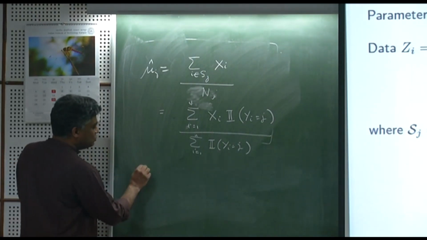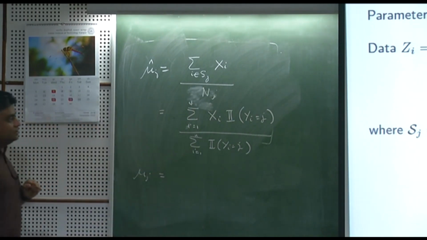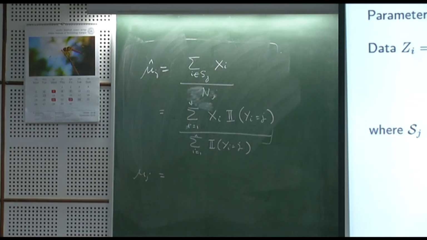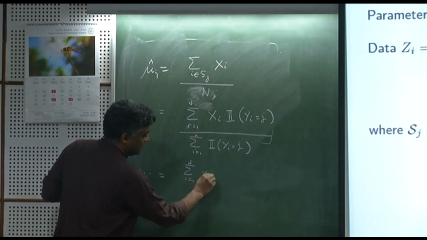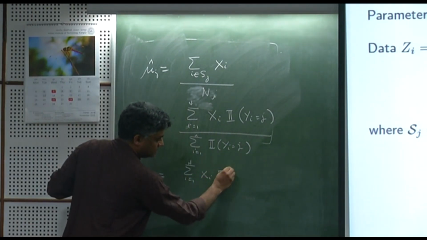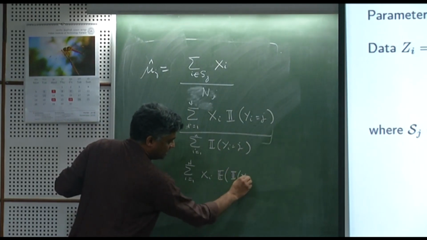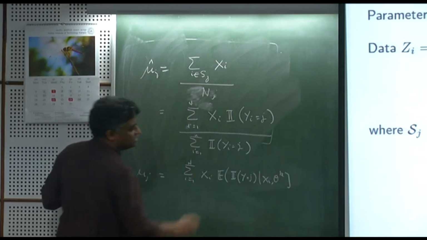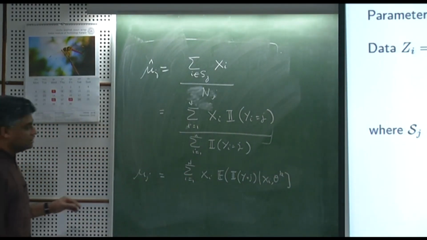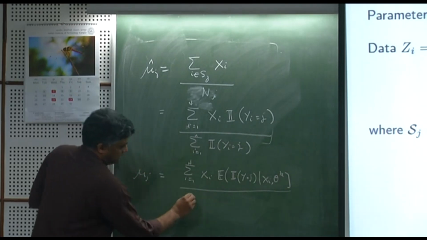Now what should be my mu according to my EM algorithm? What should I be doing? Every time I see an indicator function of something that I don't know, I take its expectation. Nothing else. So this will become the summation of i going from 1 through n, x_i, the expected value of the indicator function of y equals j given x_i and theta k. Given all the information that I have, I take the expectation,